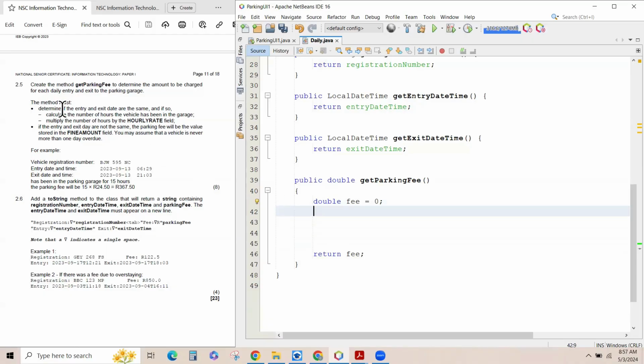So first of all, it says determine if the entry and exit dates are the same. We've got entry date time and exit date time. You can't just say if entry date time dot equals. Can't just say that, because remember, you're looking at the whole date time if you do this. You do not want to include the minutes and the hours. You only want to get the local date part out of the object and compare the two date parts of